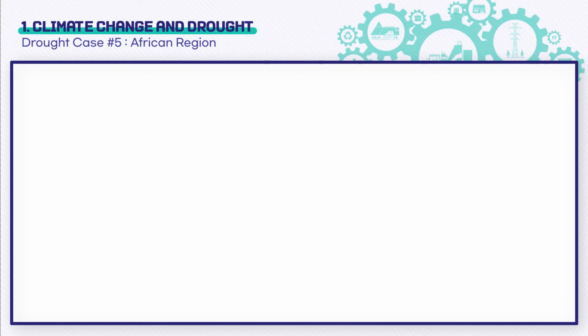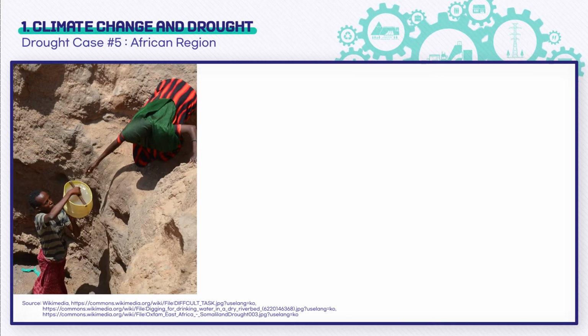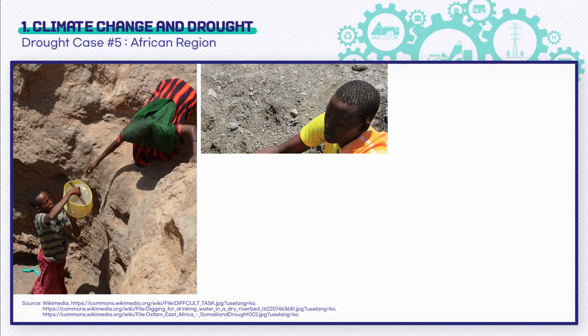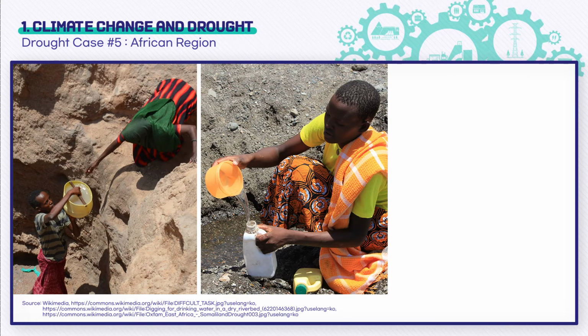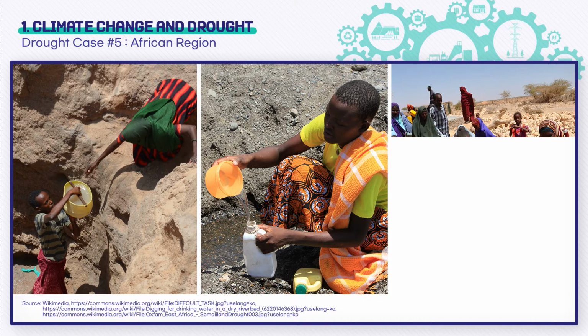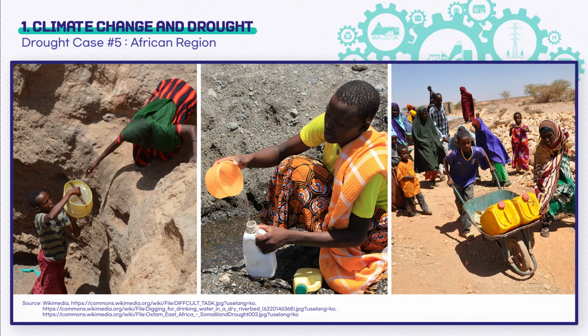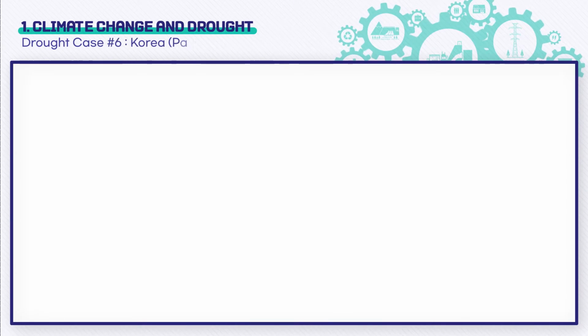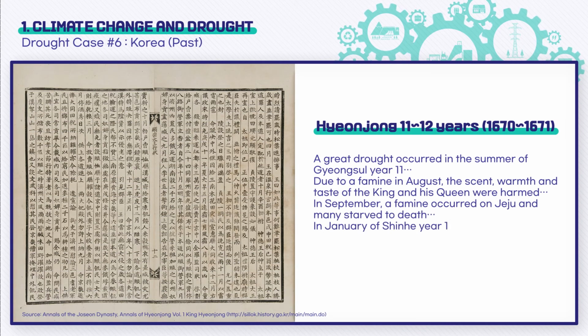Particularly in the African region, numerous people are continuing to suffer from a lack of drinking water. This is why many children catch diseases from drinking contaminated water, and children and women have to walk a long distance to obtain water. Korea is not exempt from such extreme droughts, in view of the records of the annals